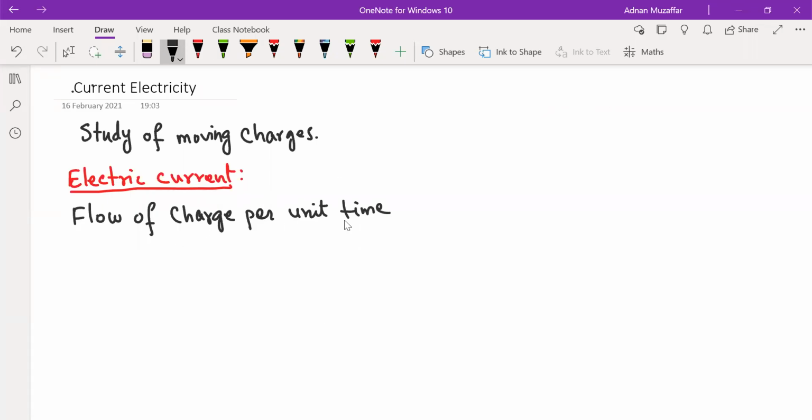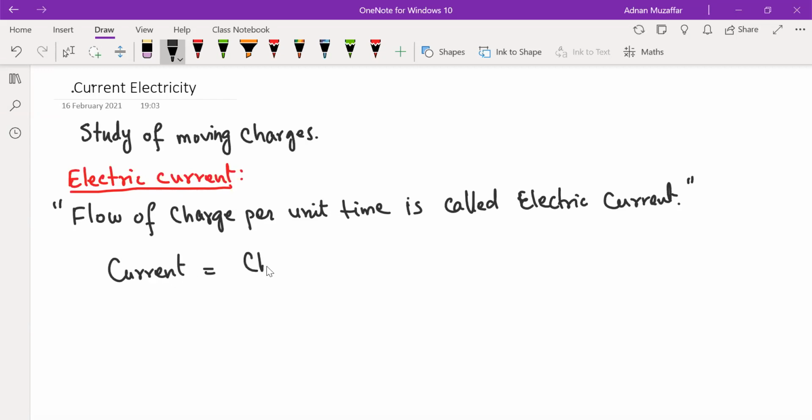So flow of charge per unit time is called electric current. Remember, we can't write flow of electrons per unit time because we believe that it's a flow of charge. We do not consider it as flow of electrons, okay? So flow of charge per unit time is called electric current. So mathematically, I can say that current is equal to